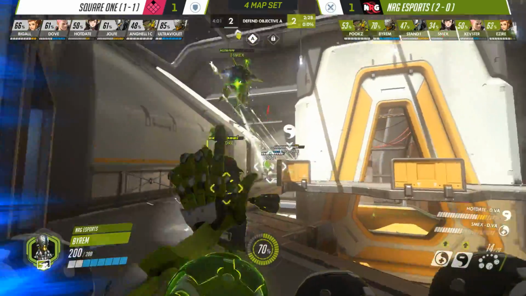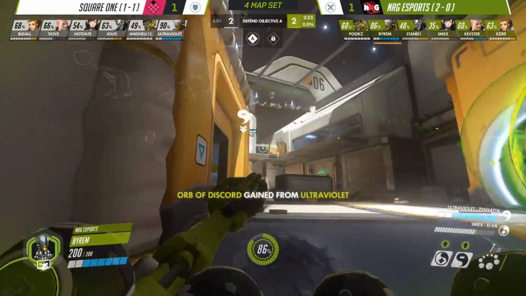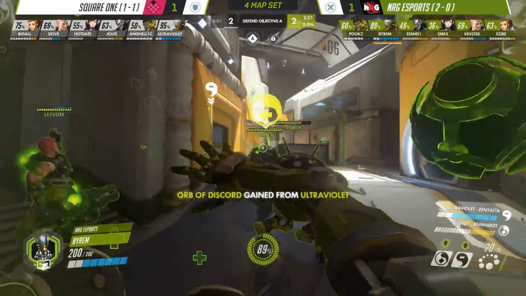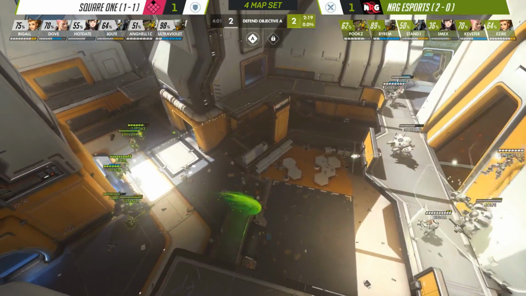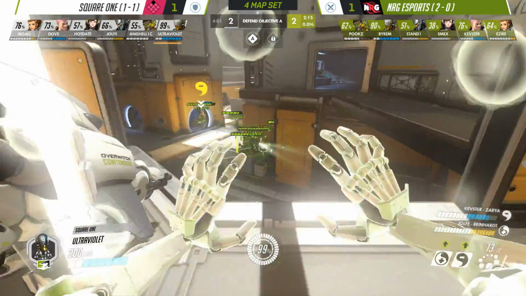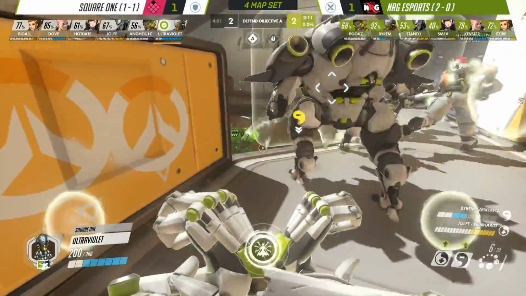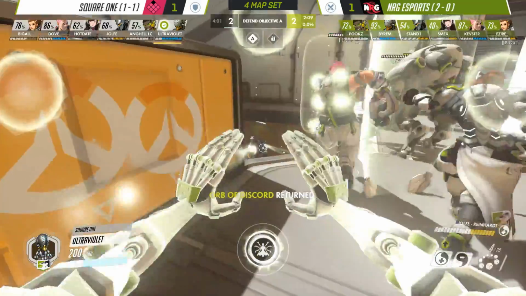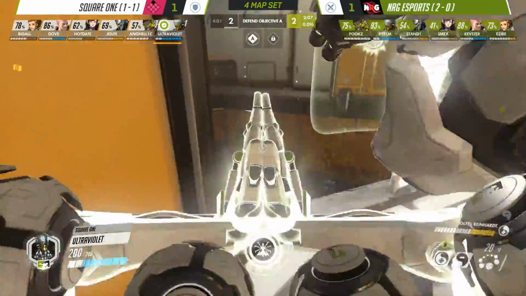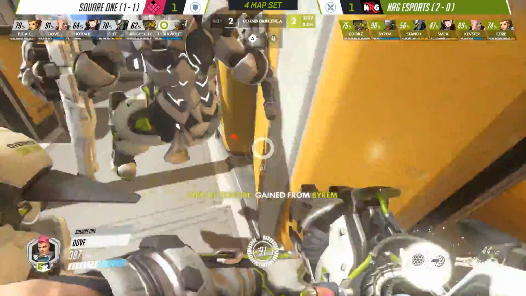So NRG now, they still have this high ground to spare, but Zenyatta is going to be forced off. That's going to be almost a full reset, a soft reset per se, as they wait for Square One to get back in here. And Square One playing kind of that patient aggression. You see the rotation. They expected that maybe NRG might be a little bit caught off guard. The stun comes immediately onto the Reinhardt. They all capitalize. Now they just got to do it again, but with a bit of a reassurance, insurance policy